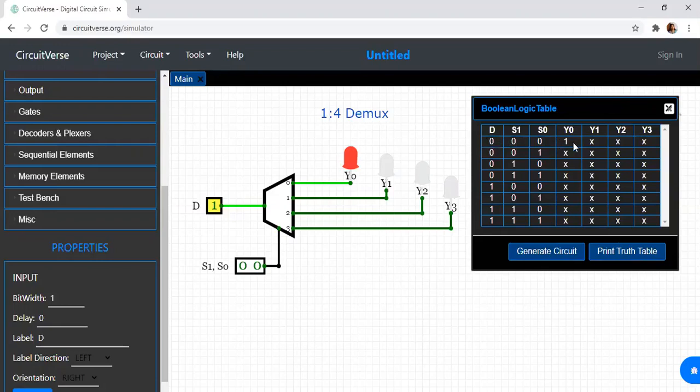So D is 0, Y0 will be 0. When S is 0, 1, Y1 will be whatever D is. D is 0, so this is 0. 1, 0, so Y2 will be 0. 1, 1, Y3 is 0, because it represents D. And next, when D is 1, with 0, 0 this will be 1, this will be 1, this will be 1, and this will be 1.